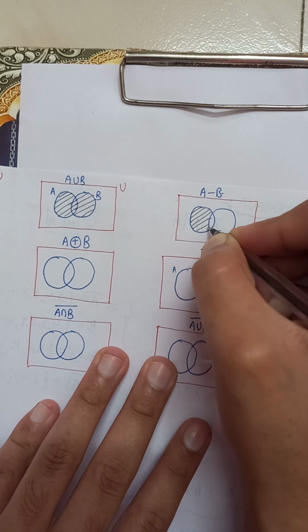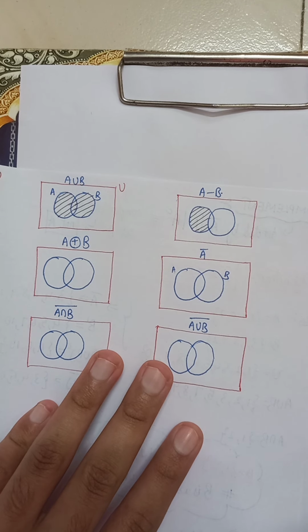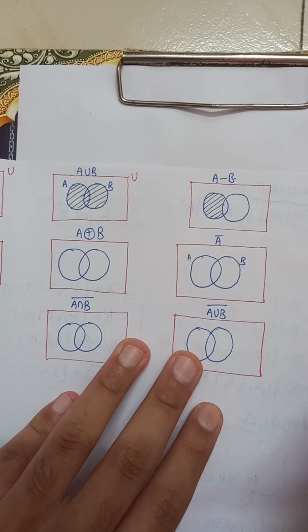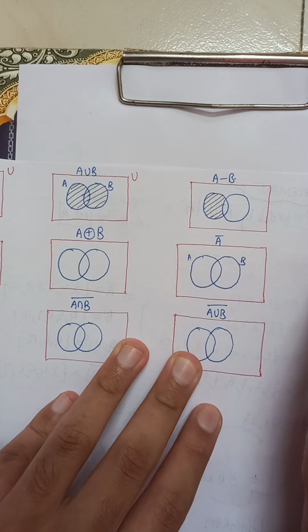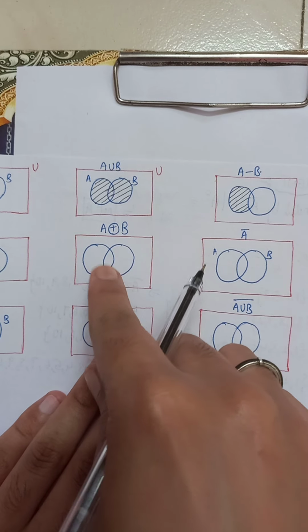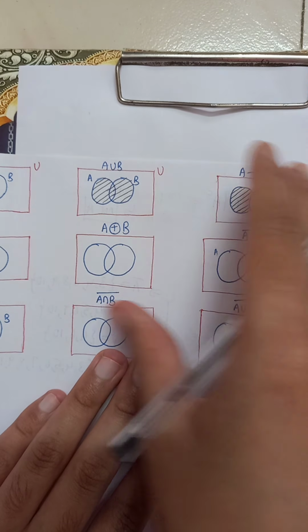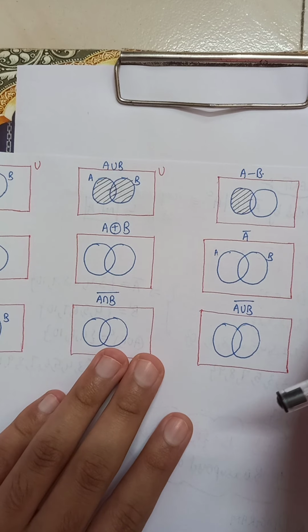You'll be able to understand this Venn diagram if you follow these set theory lectures in a sequence. You should not skip the lectures. You'll understand this when you learn the difference between two sets, and this Venn diagram when you study the symmetric difference between two sets. I've covered all the topics and I'm covering them in a sequence, so if you study in a sequence, then you'll be able to understand it.